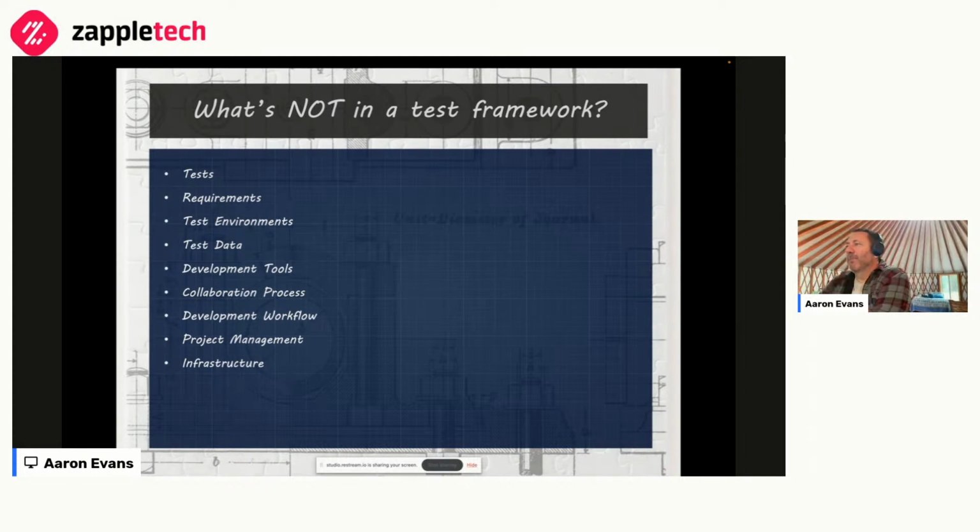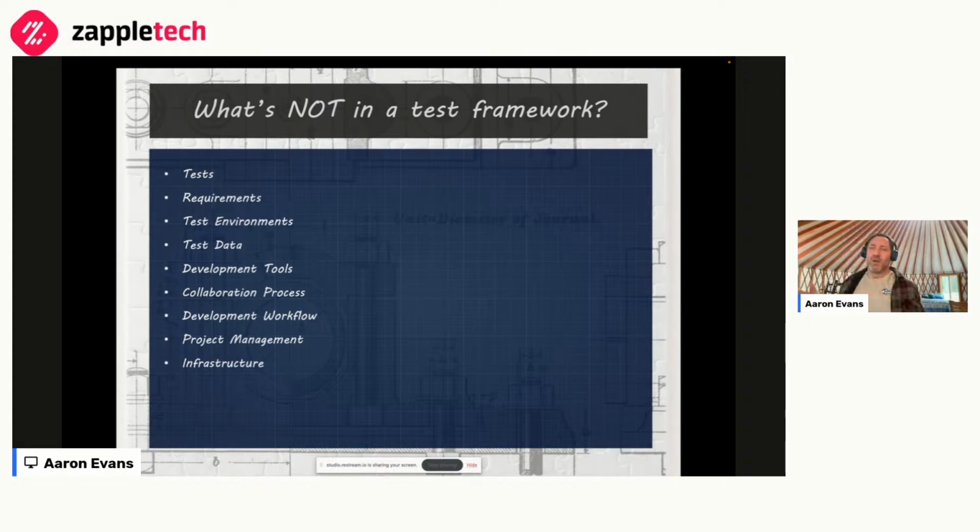Your business requirements or your features and scenarios, if you're thinking from a Cucumber's perspective, these type of things are not part of your test framework. They might be something that your test framework needs to interact with, but they shouldn't be part of your tests. They shouldn't be part of your test framework. They should be separate. How you accomplish that depends on your strategy, your philosophy, and frankly, your test framework, what it does.